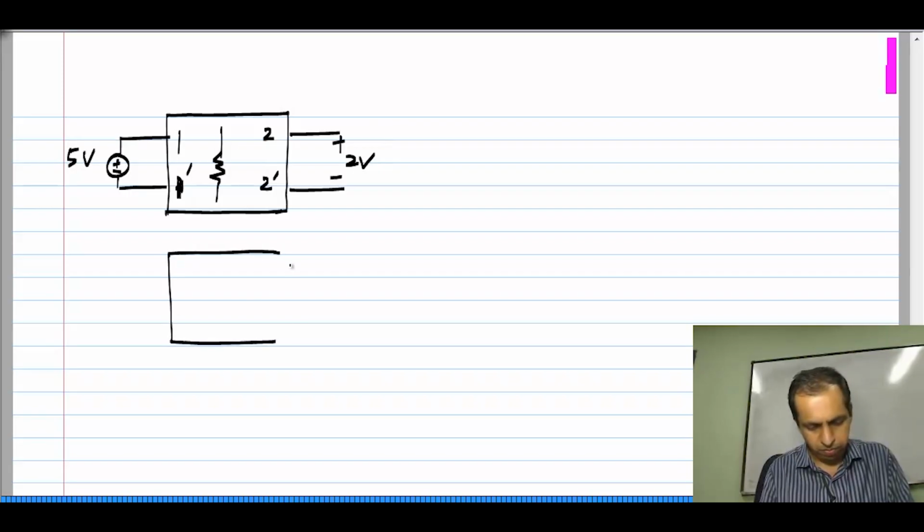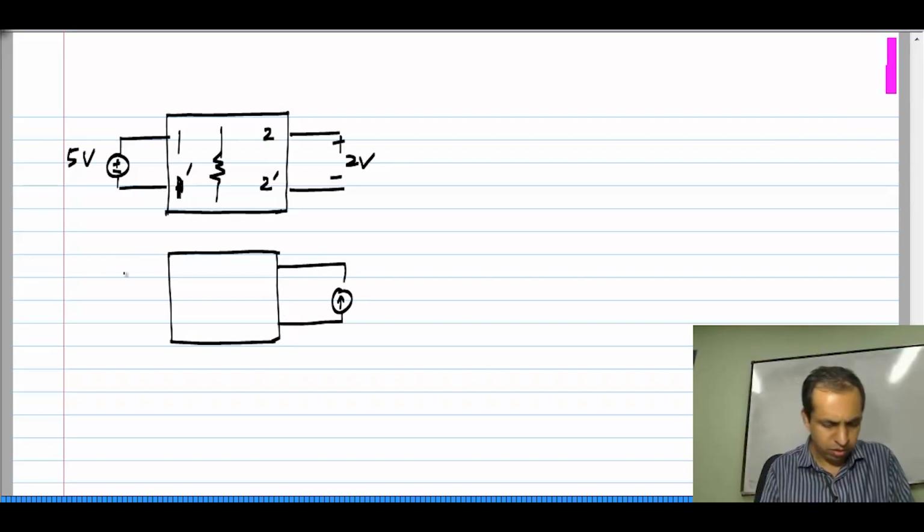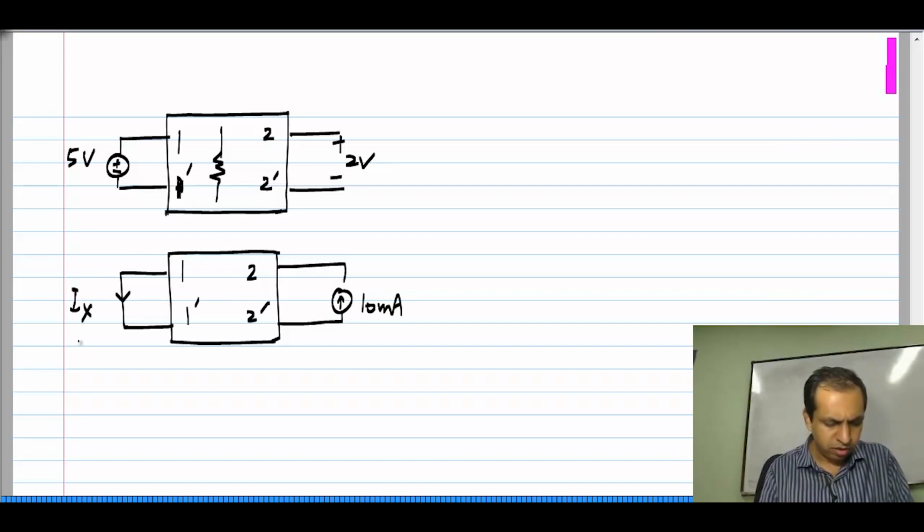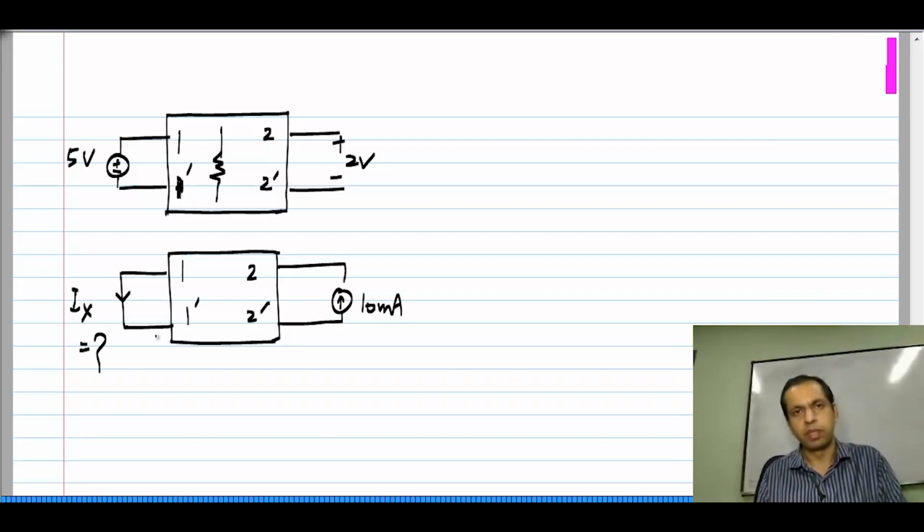Then if I apply 10 milliamps over here to port 2, what current will I see? That way. So, this is a straightforward reciprocity problem, and you can think of the G parameter equivalent for